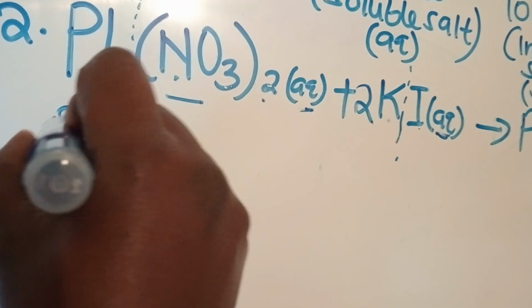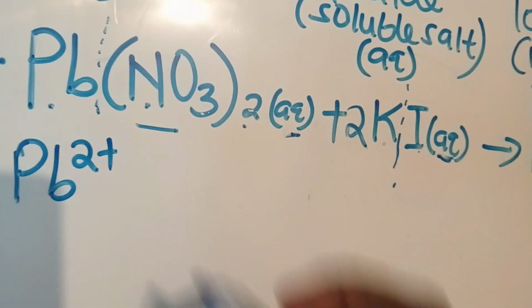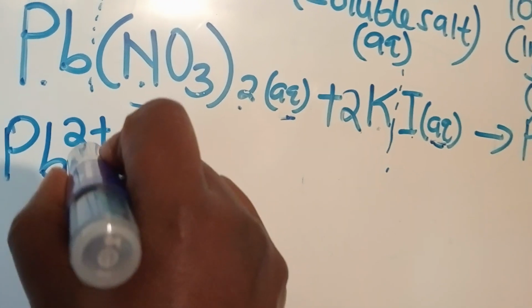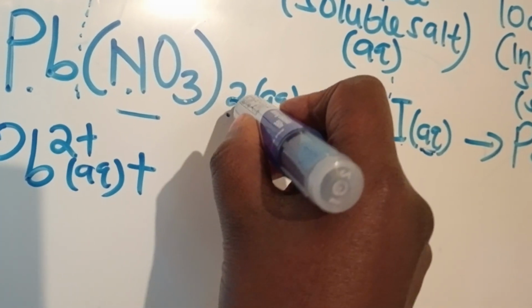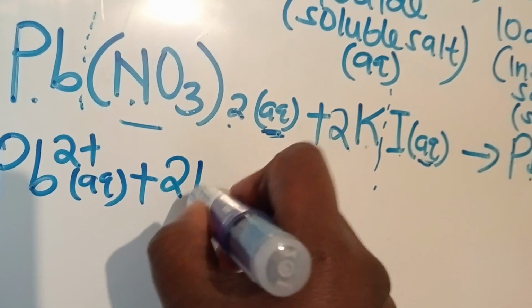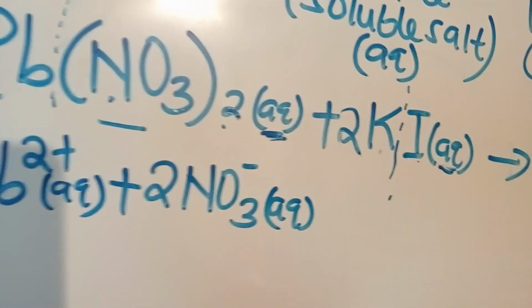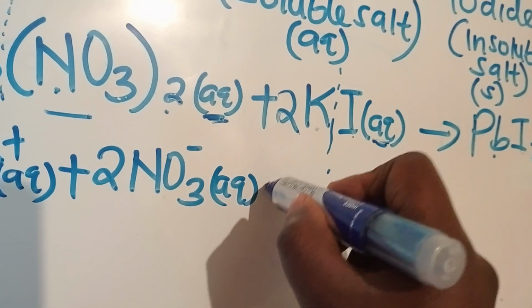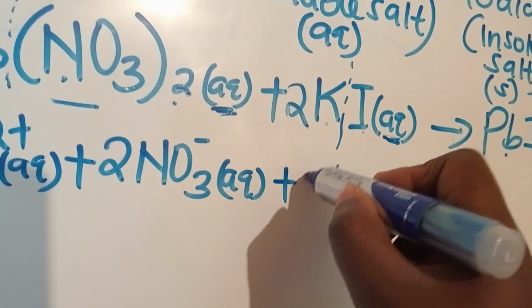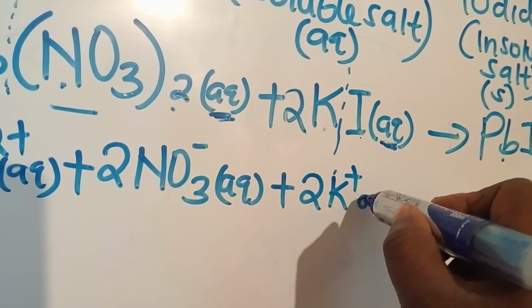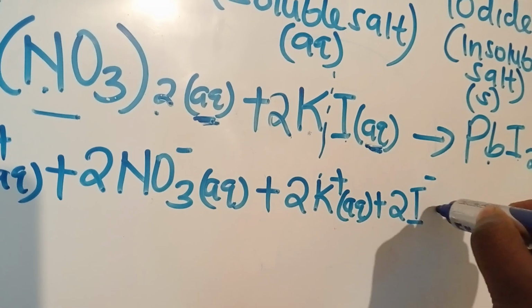So we have, and you indicate it is in the aqueous state because all of them are in the aqueous state. This 2 is for the nitrate, so you put it before the ion. I hope you can see well. You are breaking everything that is in the aqueous state, so even this one is in the aqueous state, so 2 potassium aqueous plus 2 iodide aqueous,